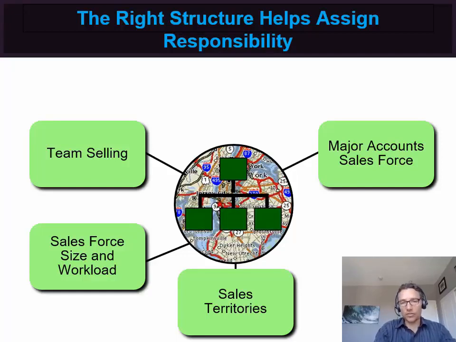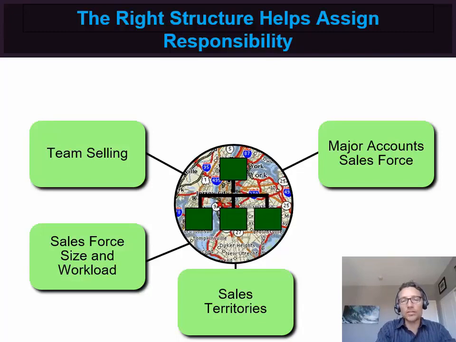Setting up sales territories and salespeople who are highly compensated through commission can be a way for companies to enter new markets without assuming a lot of risk. They're not manufacturing product and putting it into retail stores and hoping that it's going to sell, and maybe having to take the product back based on whatever contract they made with the retailer. So they only have to output product and pay salespeople if they're selling product, right?